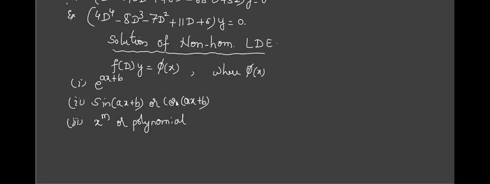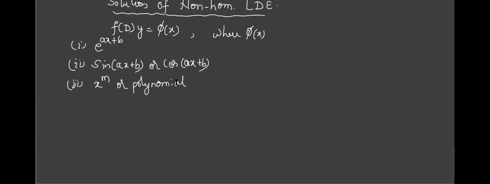If you remember for one particular function what is the theory to apply, it will be very easy for you. Otherwise it becomes difficult. So today I'll discuss the first case. What is that first case? Your RHS part phi of x, in which format is it? Exponential. It may be like e raised to x, e raised to 2x, e raised to minus 4x, whatever it is. All exponentials are considered in type 1.